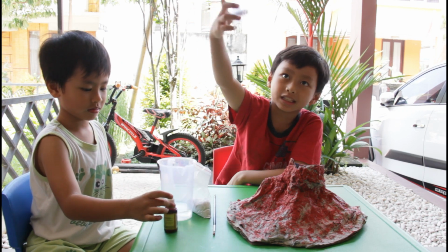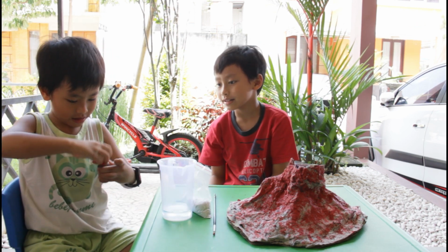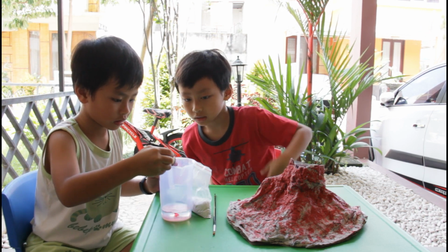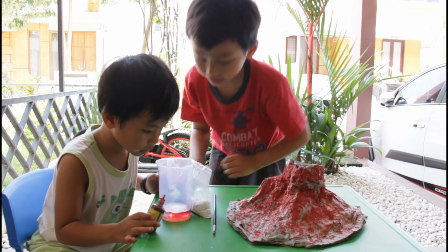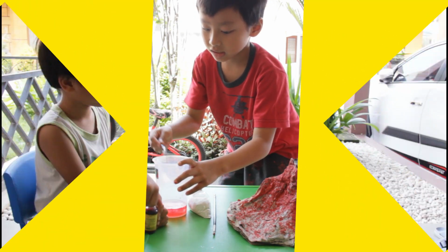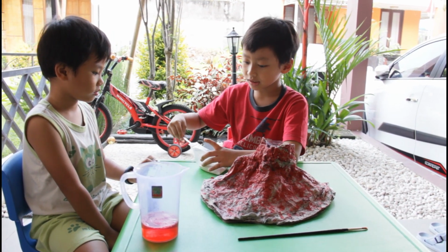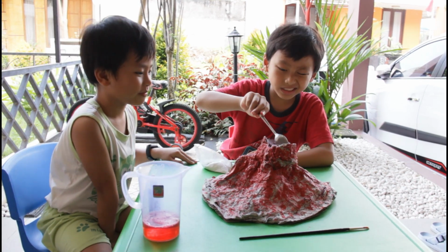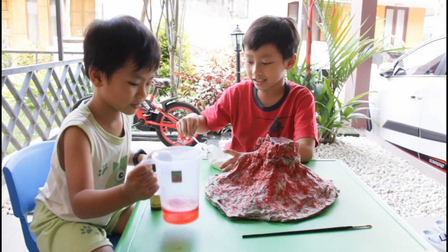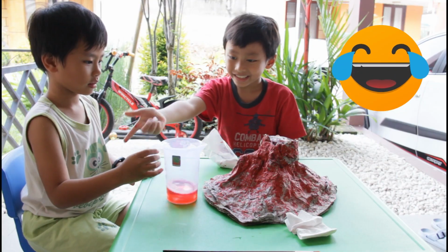Let's first put this cup inside the middle and then put the food coloring in the vinegar. Come on. Open it. One, two, three. And then stir it. Now the volcano's ready. So first we're gonna put 2 teaspoons of baking soda. One and two. And now, are you ready, guys? To put the three,